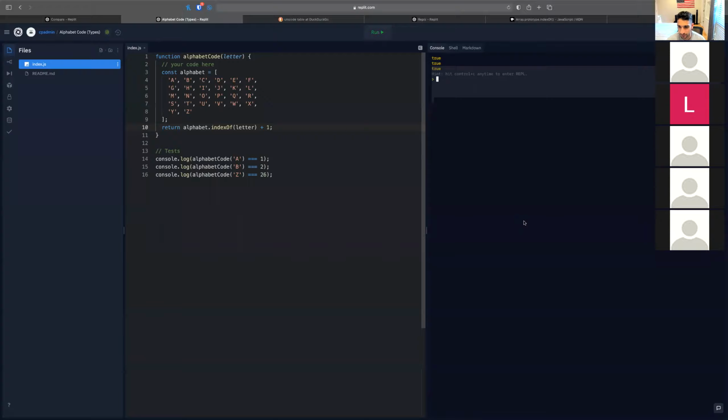Yeah, so like I said, and I forgot to start the recording a second ago. There's two main approaches that you could use here. One is make the alphabet array, get the index of that letter. So it's going to be starting from 0 and add 1. So A is at index 0. That's the first instance where A is found. You increment by 1 and you return 1. B is going to be 2, C is 3, and so on. But you don't need to solve it just